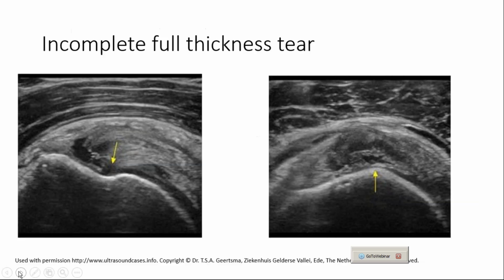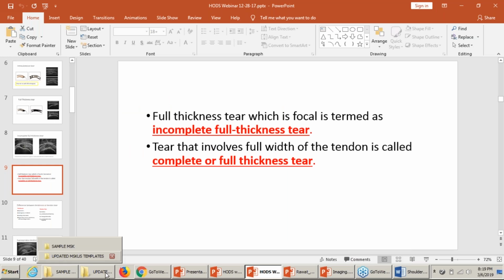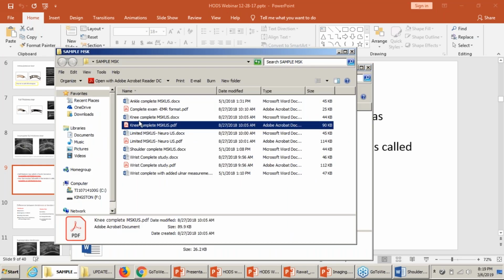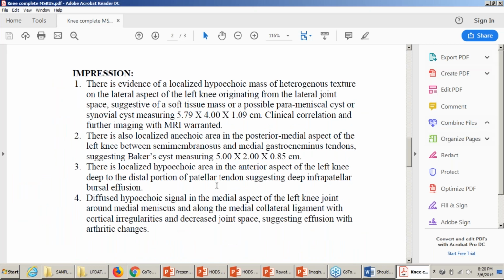Okay. Now let me also show you some examples. So you can quantify